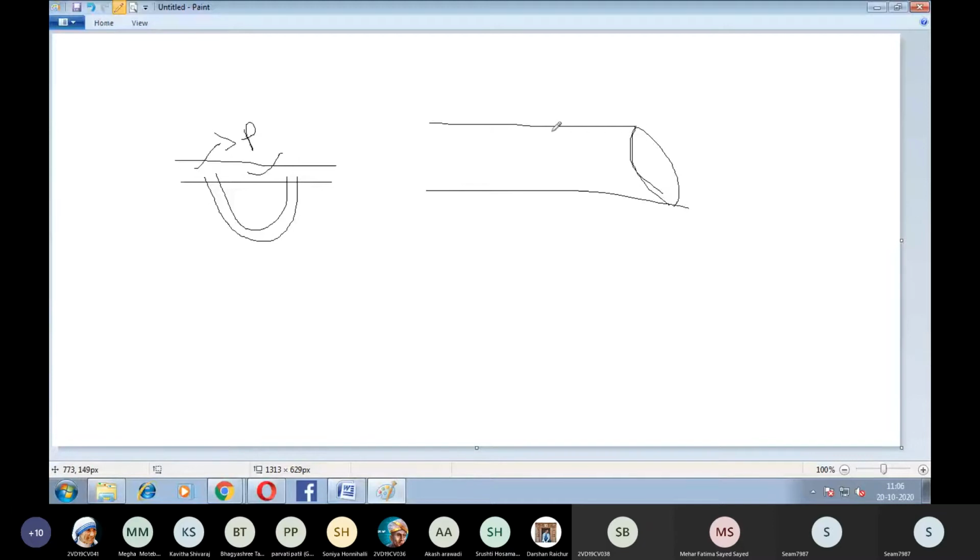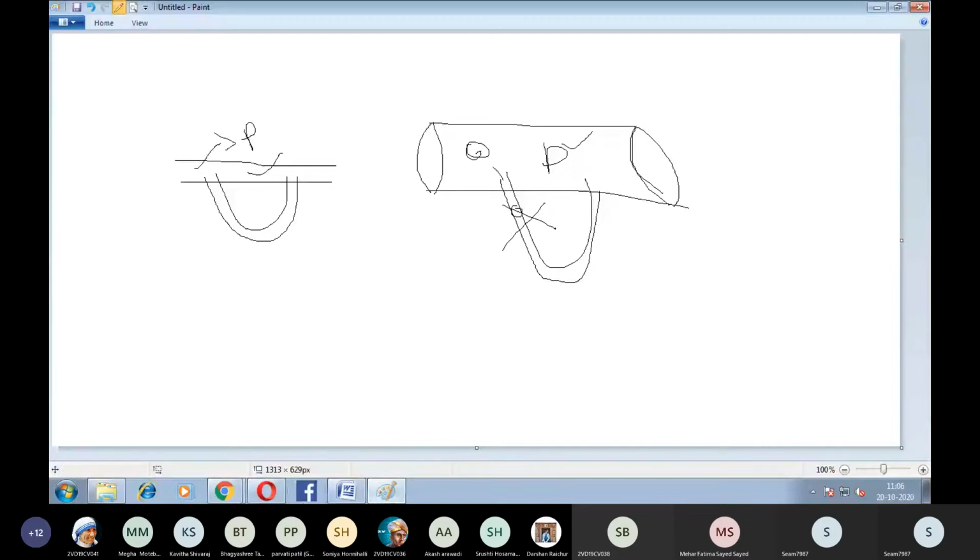As the diameter increases, the pressure of the liquid which is flowing inside the pipe will be very great. Suppose in this larger diameter pipe, you fix a manometer. The manometer is nothing but a small tube, so the pressure which is available in the pipe will not be borne by the manometer. Therefore, we are not going to use a manometer in case of systems or equipment where the pressure is very large.